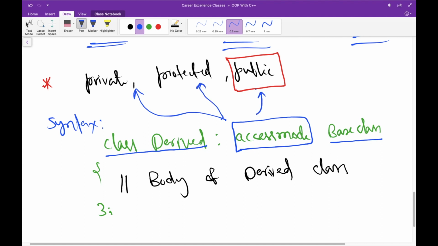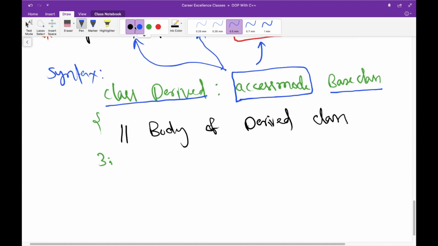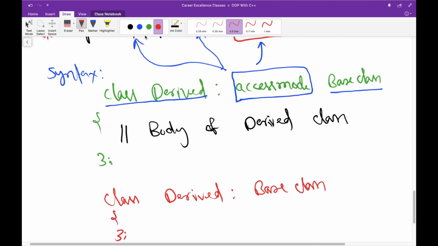We generally use public inheritance, but if you leave this thing you will get by default private inheritance mode. So let me show you what it means. So if you are writing like this, class derived and then base class, so it means that inheritance is of private type. Clear?